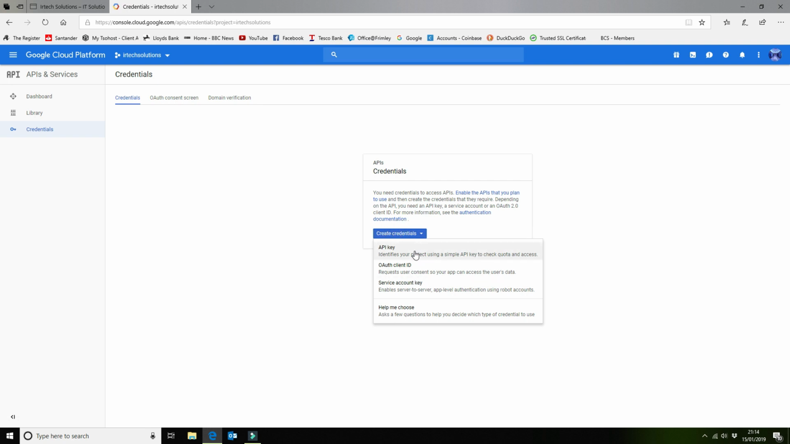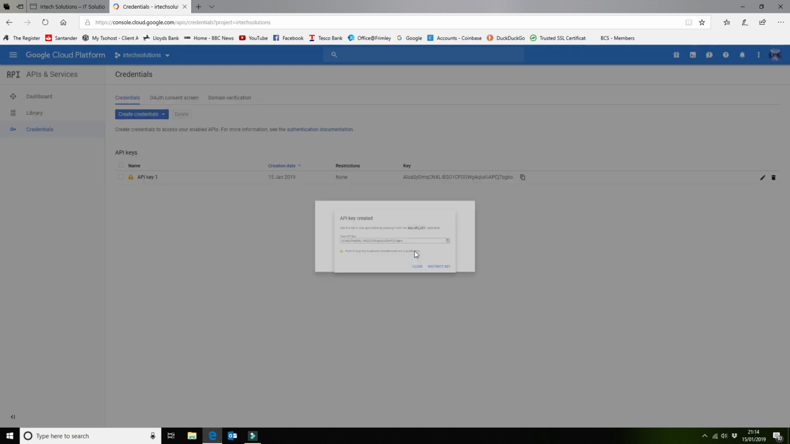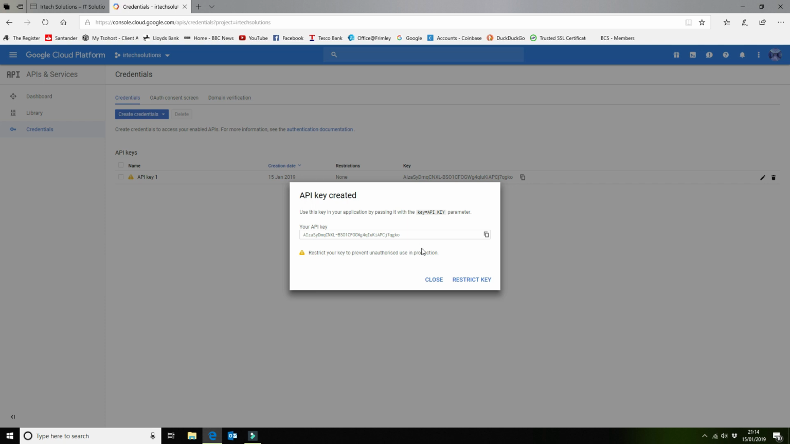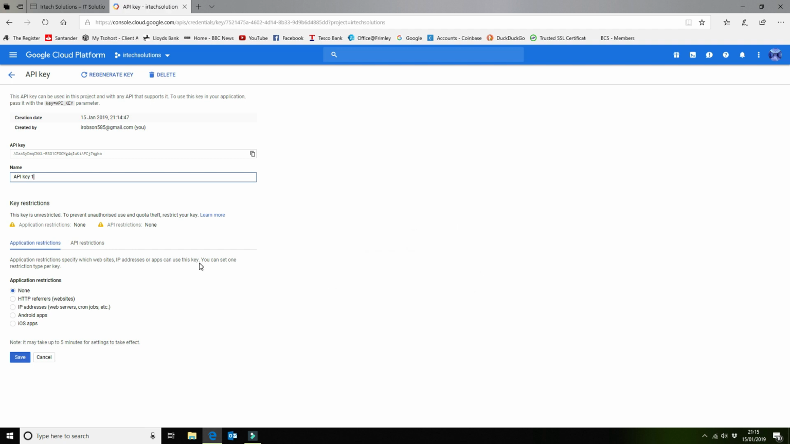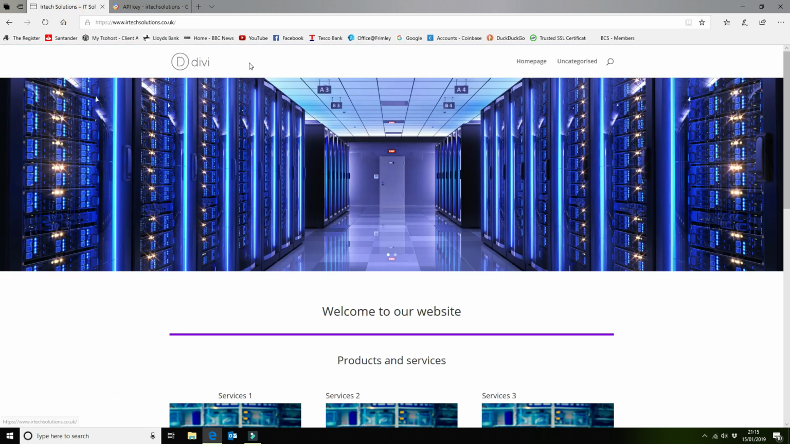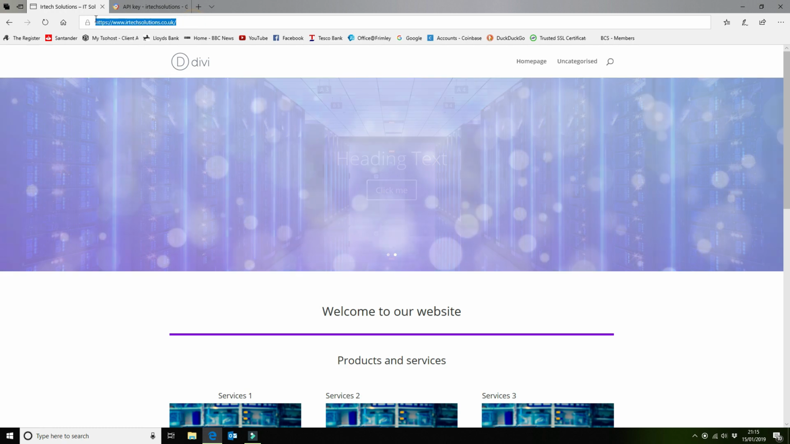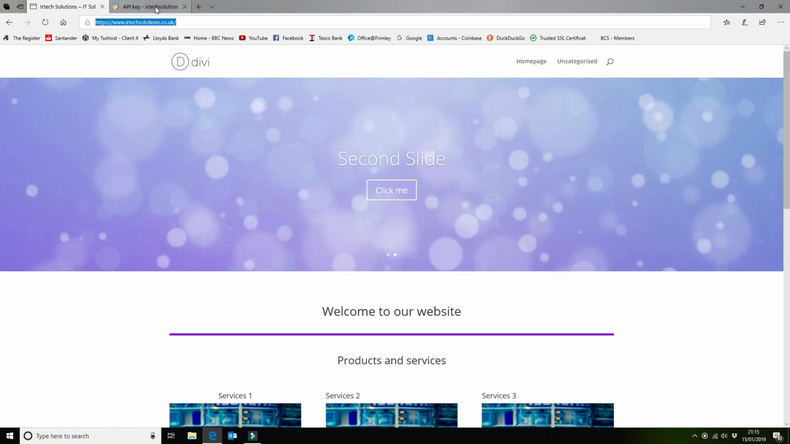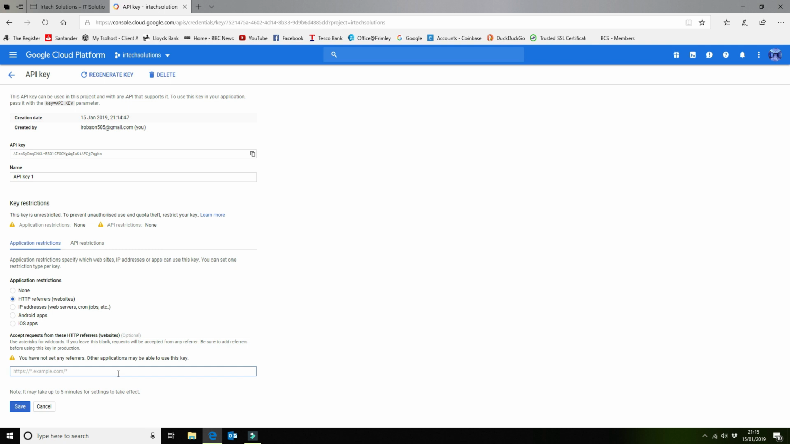So I'm going to be using an API key. Once you've created your API key, you want to definitely restrict it, and I'll show you how to do that. First of all, we're going to copy the API key, clicking on the copy button there, and now we're going to restrict the key. So the key restrictions are based here. What I tend to use, if you've got a fixed IP address, that's fine, you can use IP addresses. I don't, so I'm going to be using HTTP referrers, and I'm going to be using the URL here. So I'm going to copy the URL. That's going to go into my